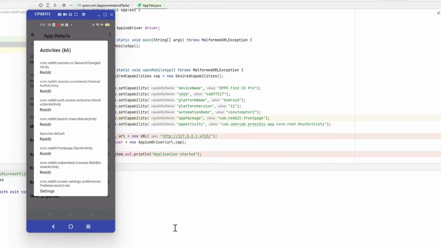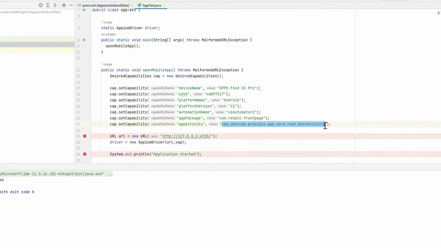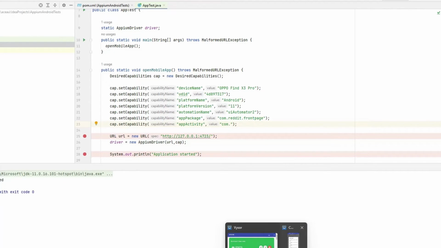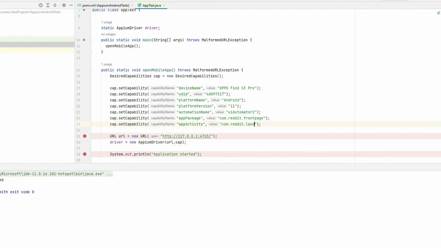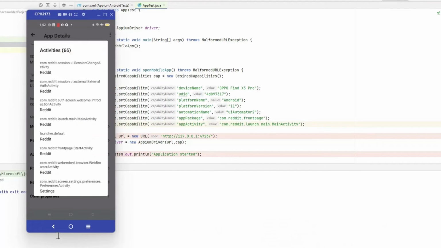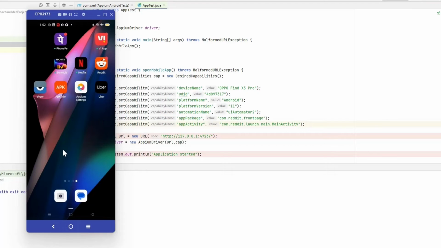Now I'll exactly match this activity name here in my automation scripts. It has to exactly match, so it will be com.reddit.launch.main.main activity. That is my activity name. Now I'll come back to my Vysor just to show that I'm going to the home screen. So we have changed our app package as well as our app activity,